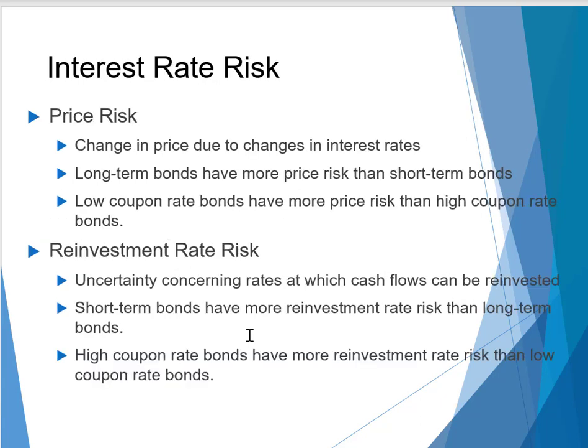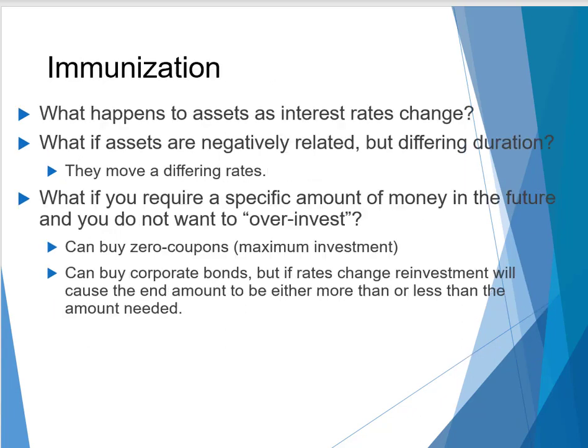And just to go back one slide before, if you notice these things, as interest rates go up, bond prices go down. So when interest rates go up, price risk negatively affects our values or our wealth. Reinvestment rate risk, though, is in the future. So when interest rates go up, future cash flows we invested at a higher rate of return. So that's a positive thing. So every time interest changes, there are two things that happen every single time, one of which is positive, one of which is negative. So the impact or the influence that immunization has is that it equates those positive and